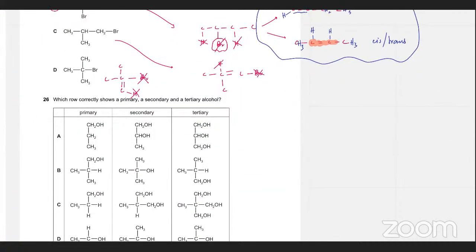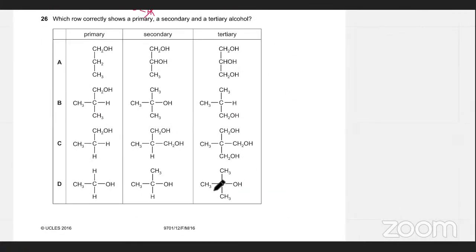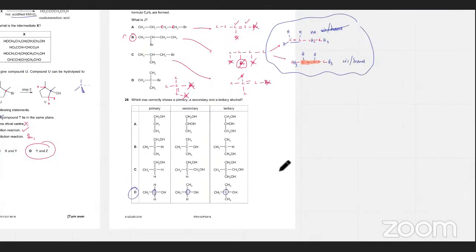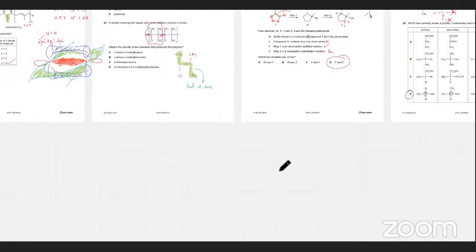So for the next one, you just need to spot primary, secondary, and tertiary. So this is primary. Look for the alpha carbon. Secondary is when it's bonded to two carbon chains. Tertiary would be if it's bonded to three carbon chains. So that was easy. Now,